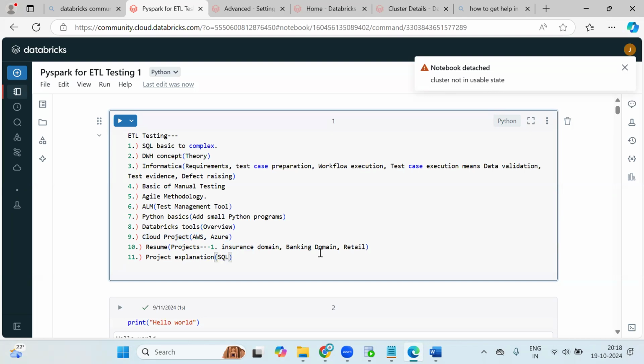They will definitely ask you SQL. Then Python. You tell some of the code you have written in Python, and then the recent project you are working on, the PySpark project, and some ETL automation. One module you have worked on like that. I'll tell you how you're going to tell those things about automation. So if you cover all these things,